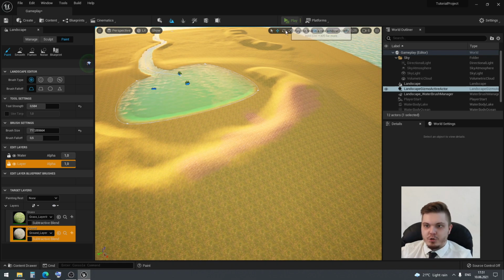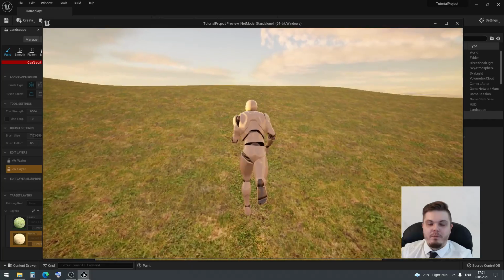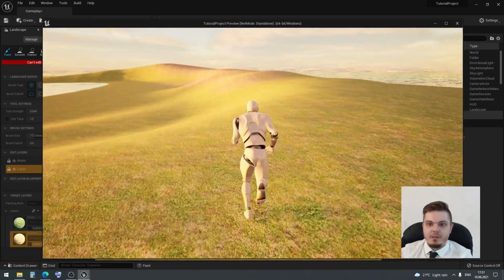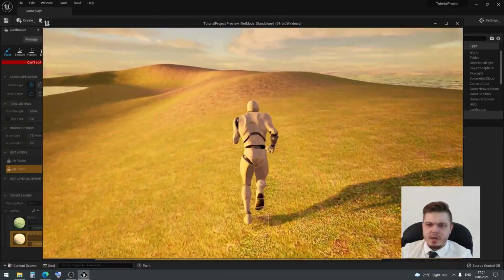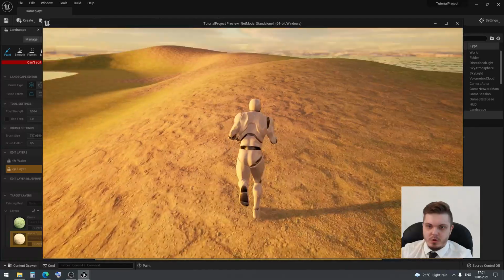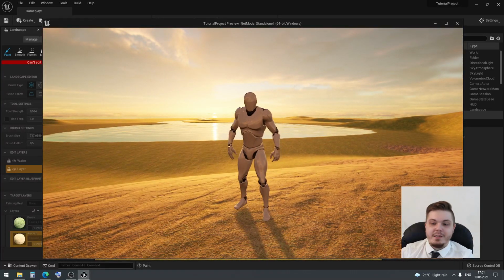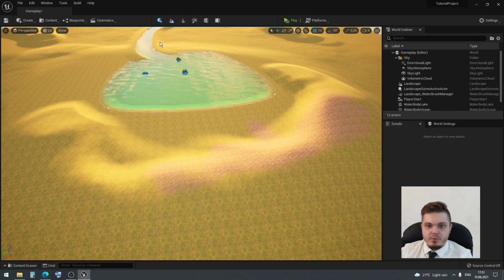But now I want to show you a very professional, automatic and multi-layer material. Okay, as you can see, our simple material works. It's a great material for education. But in my case, I want to